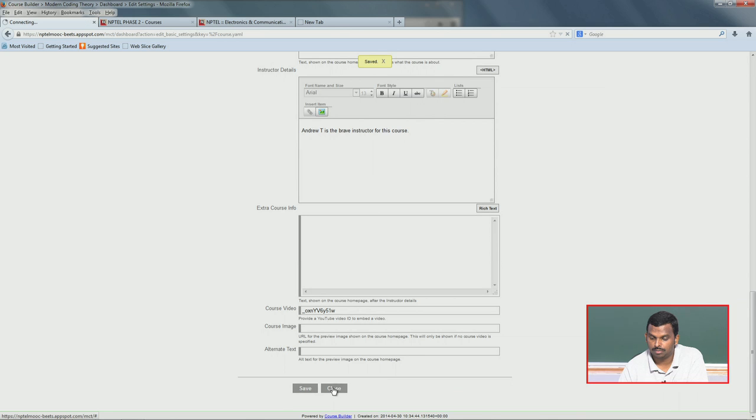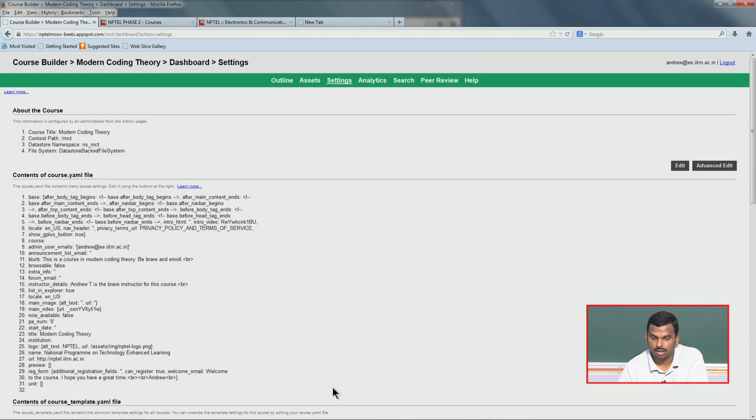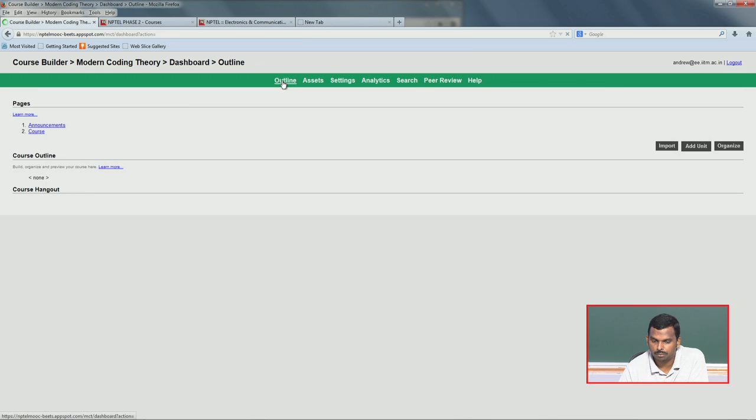I have saved it and then let me close it. Okay. So, I have done that, and now I have made some basic changes to the settings. So, let us see how all this looks. So, let us go back to outline. Okay. So, notice here there are lots of tabs here. I am going to pick outline. Okay. So, I pick outline.